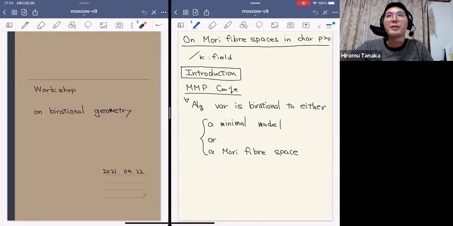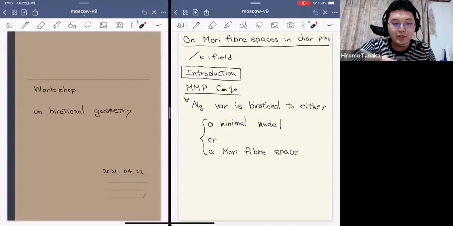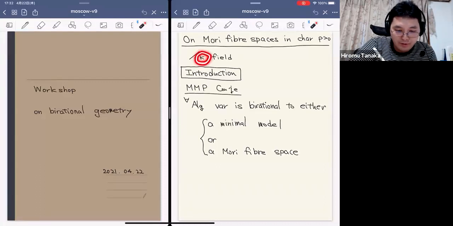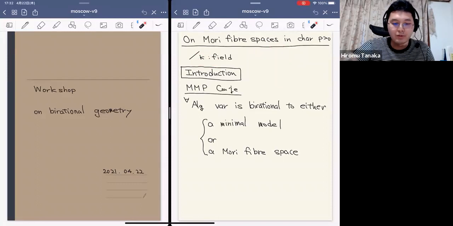First, thank you very much for giving me the opportunity of this talk. Today's title is Modifiable Spaces in Positive Characteristic. So the main topic: today we work over a field, and mainly we are interested in the case when the base field is algebraically closed and the characteristic is positive, but I do not assume it for now.